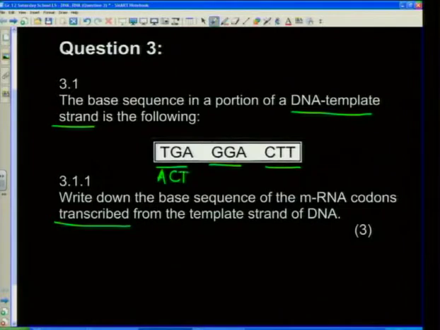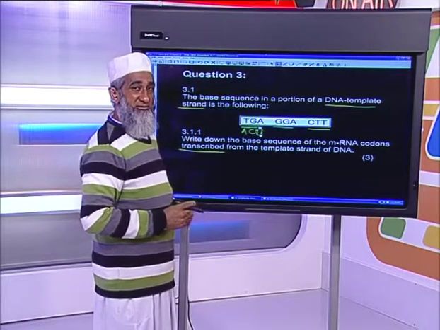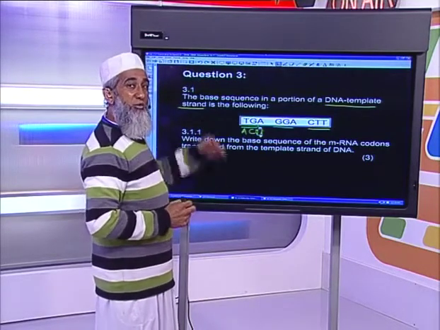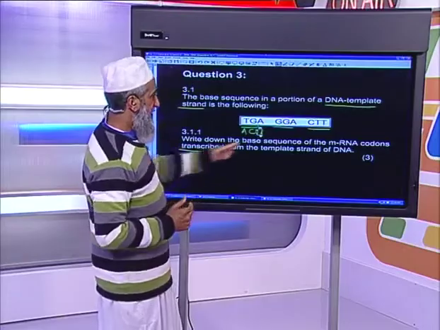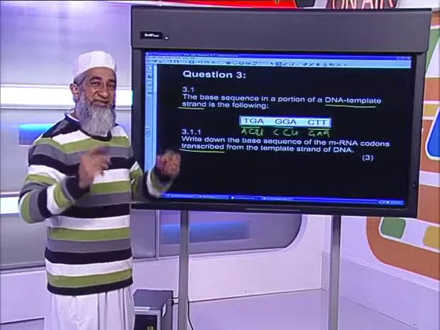But if you learned your RNA properly, you'd know that there's no T in RNA. So therefore, the T is replaced with a U, uracil. So RNA has uracil and not thymine. So please be very careful when you are making this match. So here obviously it would be C, C, U, and here it would be G, A, A.